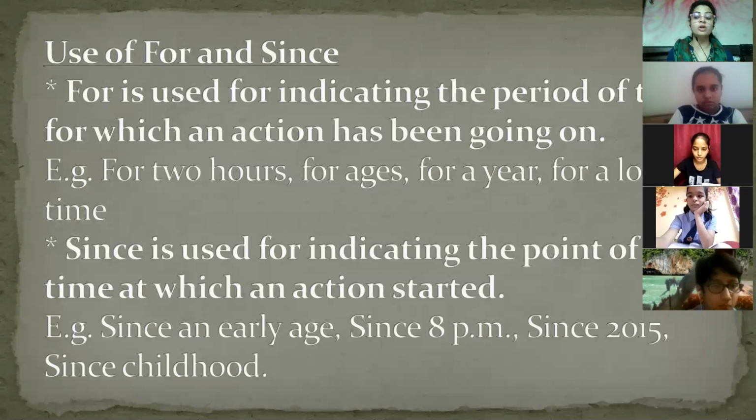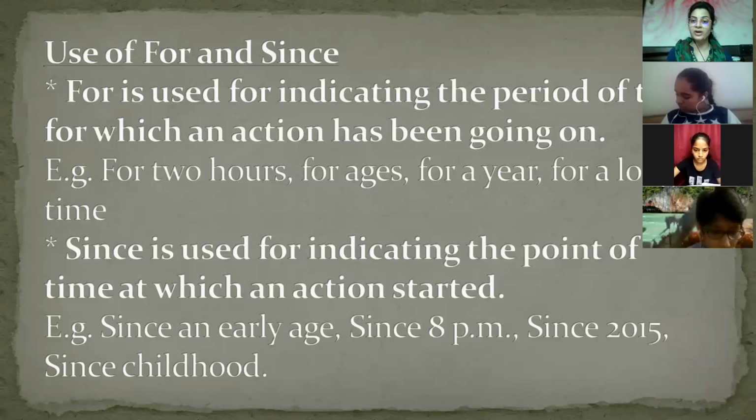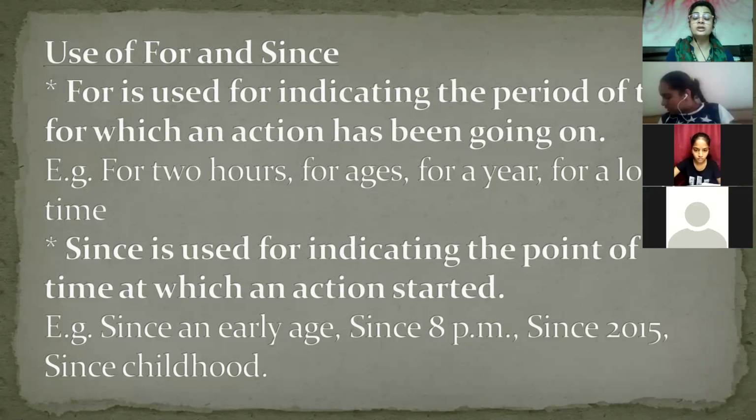I mean, the time is not fixed. The 2 hours can be any 2 hours. 3 से 5 भी हो सकता है, 2 से 4 भी हो सकता है, 12 से 2 भी हो सकता है, 9 से 11 भी हो सकता है. It can be any 2 hours. For ages, it can be any age. कितना भी पुराना time हो. For a year, it can be 2020, it can be 1919, it can be 1925, it can be any year. Fine. For a long time, because the time is not given.